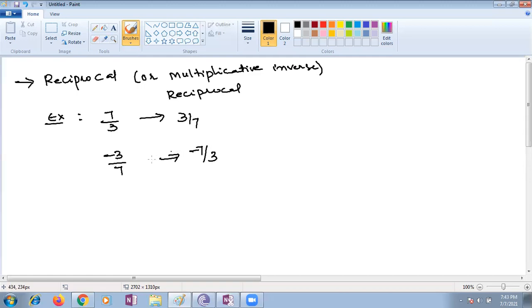If you see, children, suppose I'm taking 7 by 3 in the first case. If I multiply it with the reciprocal of this number, what happens, children? You are getting 1. The same way in the second part also. If I multiply any number with its reciprocal, you get the value 1. Here everything will cancel out. So we call it the multiplicative inverse. In the earlier case it is the additive inverse; here, in the reciprocal case, it is the multiplicative inverse.